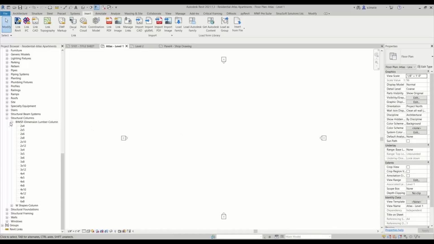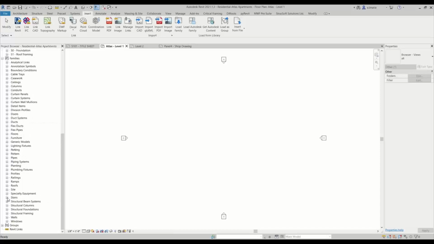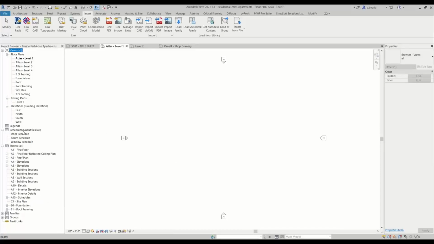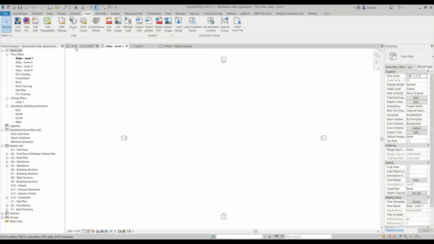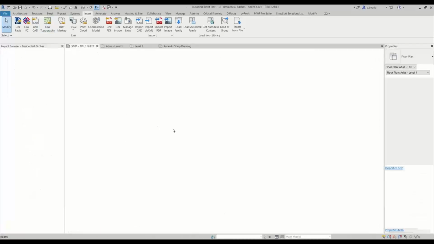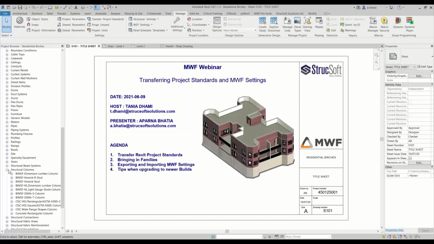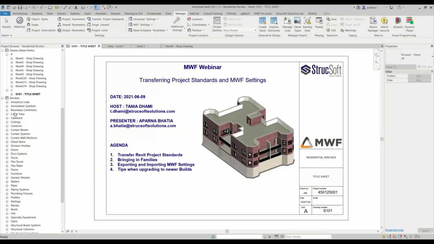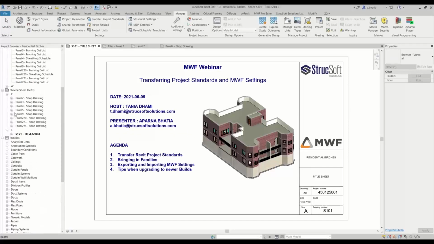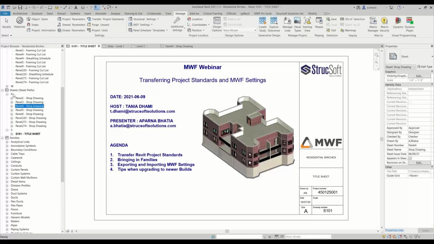And after we do all of our families that we want to bring into this project, what we're going to do is export our schedules from Revit. I'm not sure if you knew this, but I think it started from Revit 2019 and onwards, or 2020 and onwards, but you can actually copy paste your schedules. So if I come here,